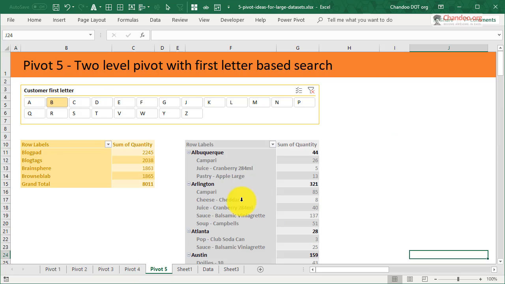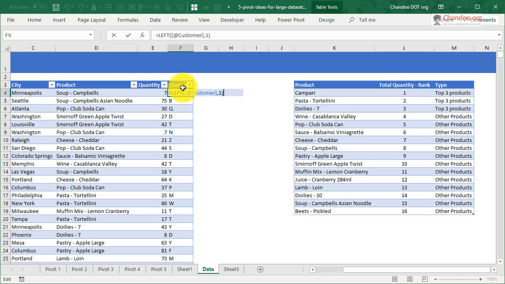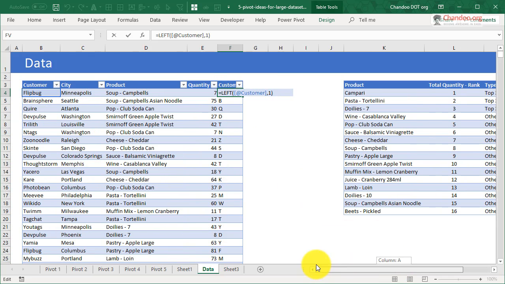And the fifth one is two-level pivot with first letter based search. This is again my favorite, especially for things like customer names or vendor names. Usually you would have a list of massive customer or product names, probably hundreds of items, and to get into the specific details it can be hard. So you can introduce a first letter idea. It's very simple. All you have to do is go to your data and then pick the first letter using the LEFT function. LEFT of customer name comma 1 will give me the first letter, and then once that is there,